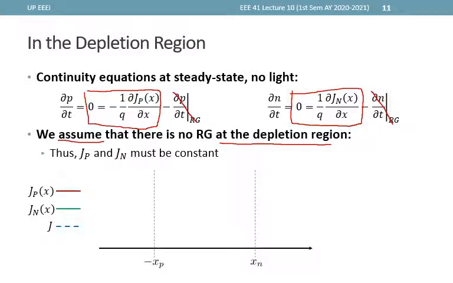Now let's look at the overview of what we will try to do to come up with the total current density and eventually the total current in the diode. So let's assume we have a forward biased diode. We said that electrons are injected at the p side and holes are injected at the n side, and they diffuse further into the other end and recombine along the way. So the electrons diffuse from this portion and get lower in concentration along the way, and the same is true for holes. Now this diffusion at the quasi-neutral region due to the injection of the carriers will produce some diffusion current, which is